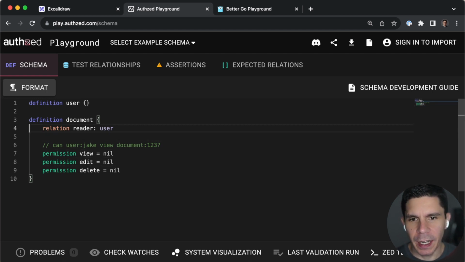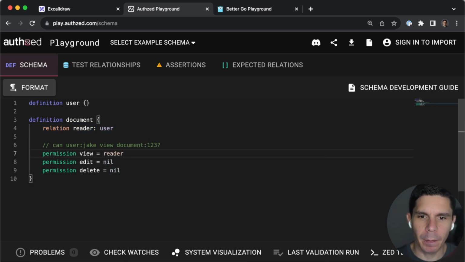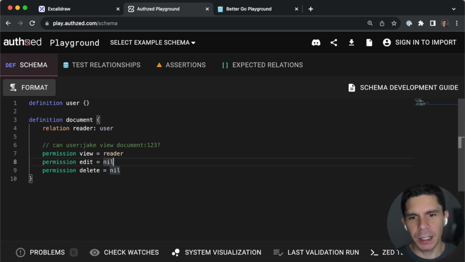So we can start, we've got a reader relation already. And here we can say that the reader is allowed to view the document. But when we consider our other permissions, should a reader be allowed to edit a document? Probably not. Should a reader be allowed to delete a document? Probably not. So we're going to need a different kind of relation in order to be able to express those